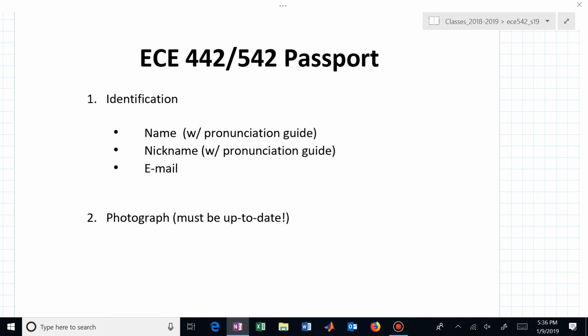State your name, a nickname if you go by something other than John Smith. If you go by Bill and your given name is John Smith, I would prefer to call you by your nickname if that's the name you want to be referred to. Your email, an up-to-date photograph,